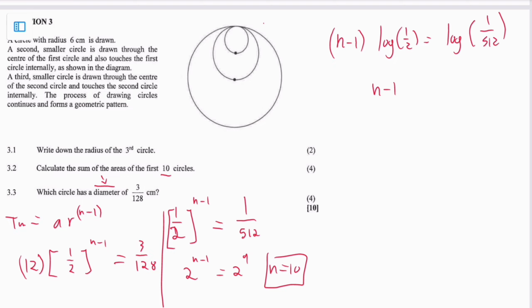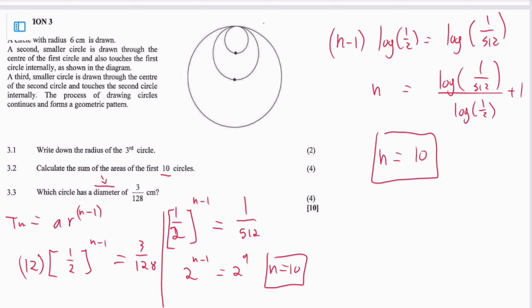And so you would say n minus 1 equals to log 1/512 divided by log of a half, and you can take this and say plus 1 over here, and you would get the same value, n equals 10. Okay,